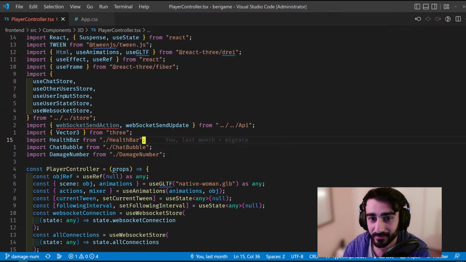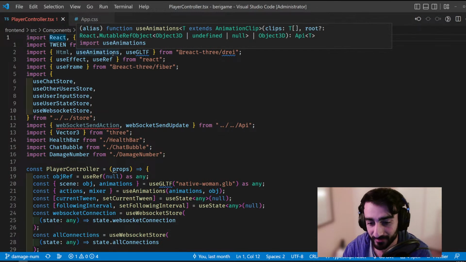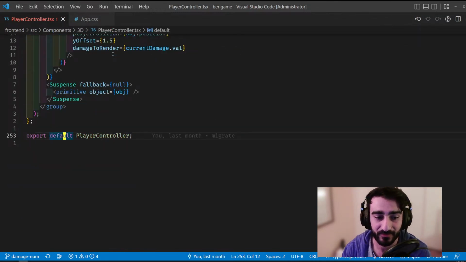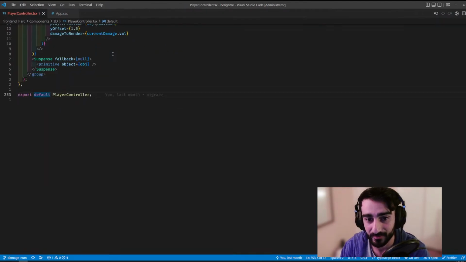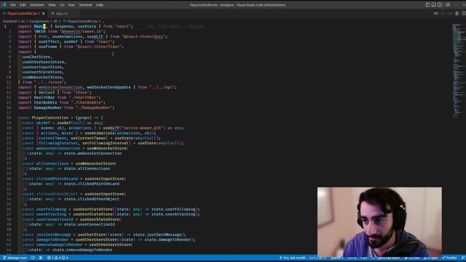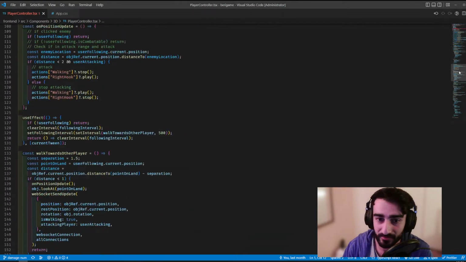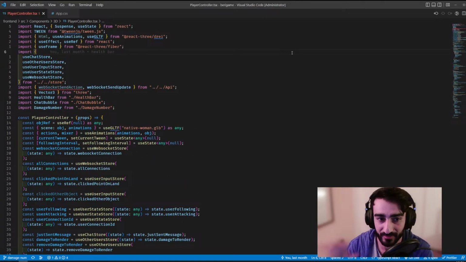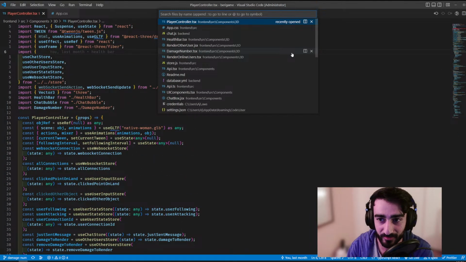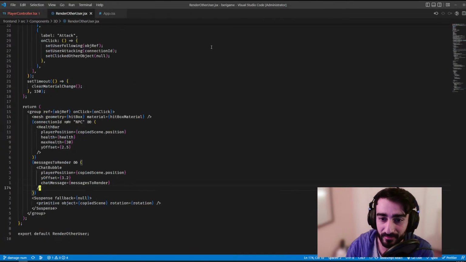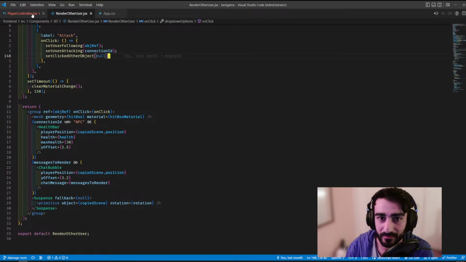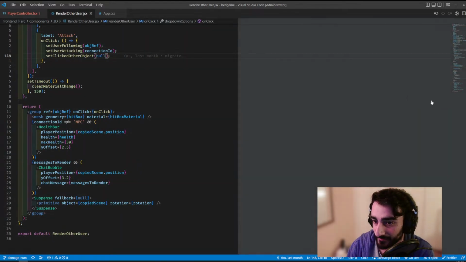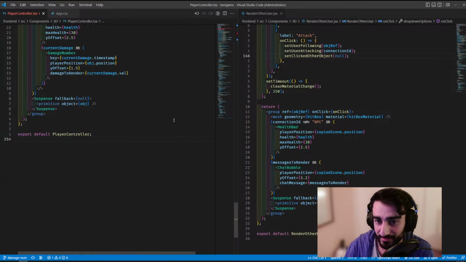Alright, so pretty much I want to clean up this file ultimately. There's 253 lines, which isn't too bad, but I think it can be a lot shorter. There's a lot of repeating code with this. Player controller is the player that's actually playing, and then I have another component called render other user. Let me just see if I can put this to the side. There's a lot of similar code,